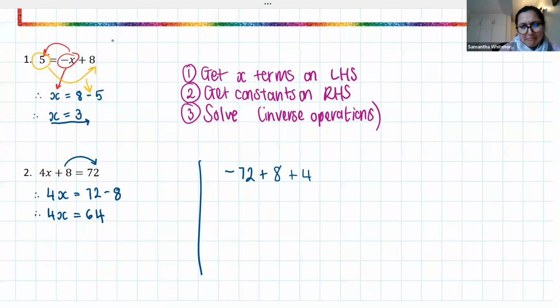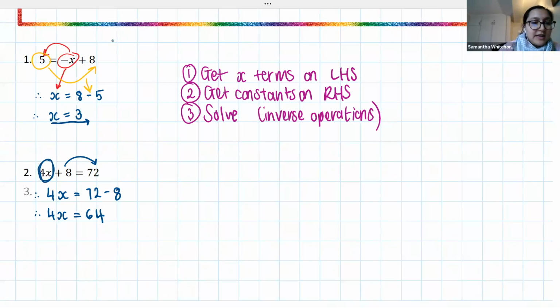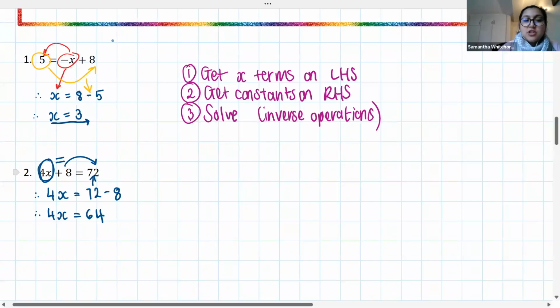Like that? Yes. No, the 4x is on the left, not the right. Okay, so it's 4x equals negative 72 plus 8. So just be careful. If you're going to leave 4x on the left-hand side and then have your equal sign, the 72 hasn't changed